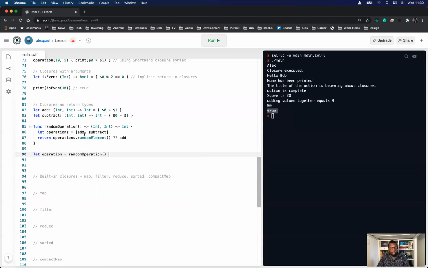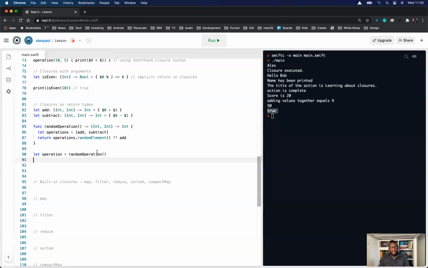So the random operation function doesn't take in any arguments, but it returns a closure. So this operation here is a closure, okay? Now, my closure, I could use it like a function. So this operation here, operation is a closure. And what does it look like? It looks like this,